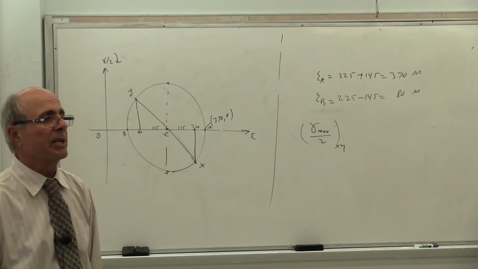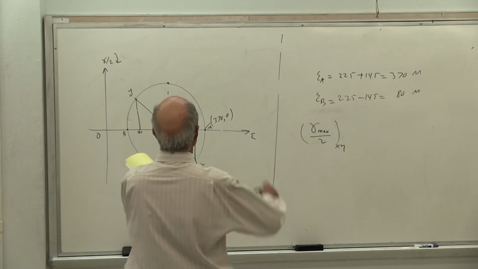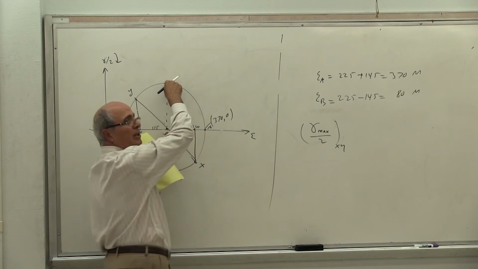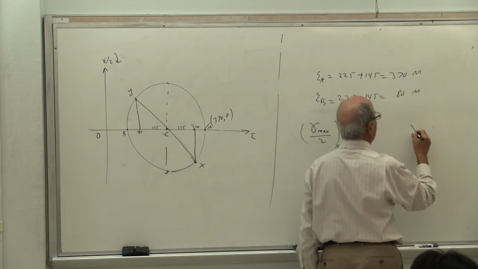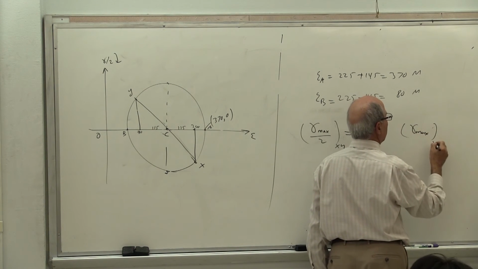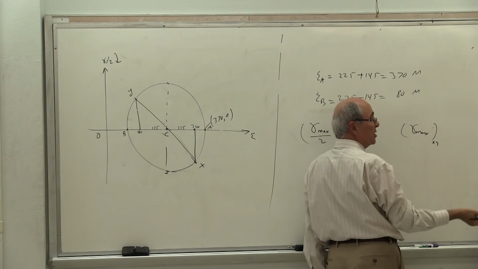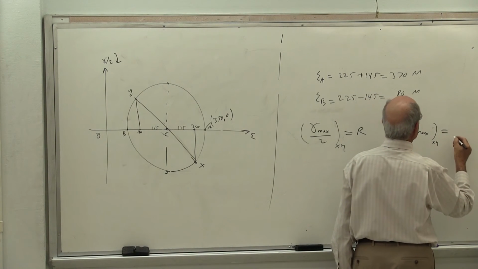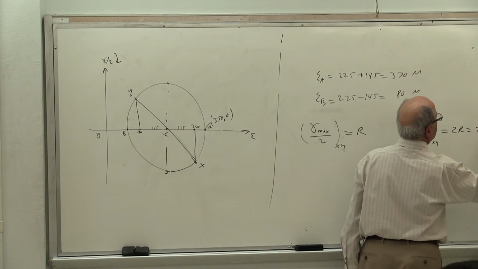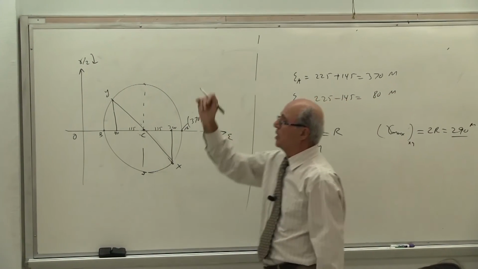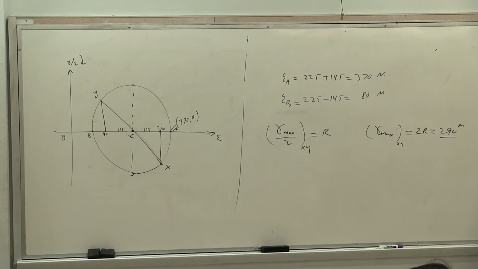Yes? Correct? And that should be equal to gamma over 2 equal to the radius. Is that correct? That's again another modification. Or gamma max in plane, please write it down. In plane, xy is in plane, and still we are in the same plane. Equal to 2r, or equal to 290 micro, which has increased from what we had originally. We had 180. Now it increased to 290. Yes or no? Correct?